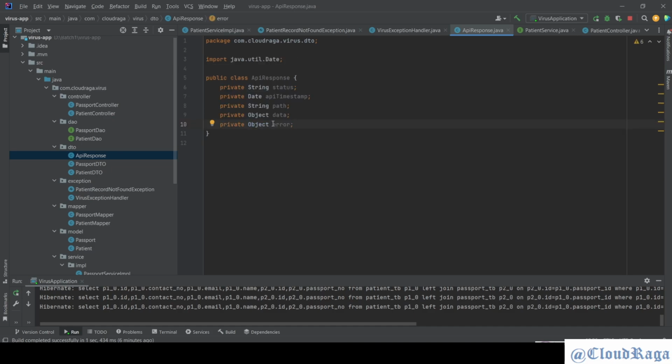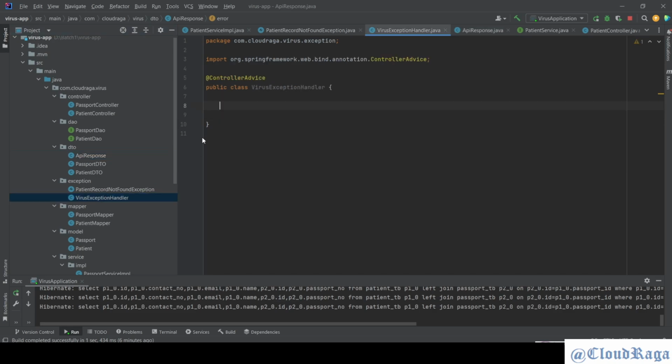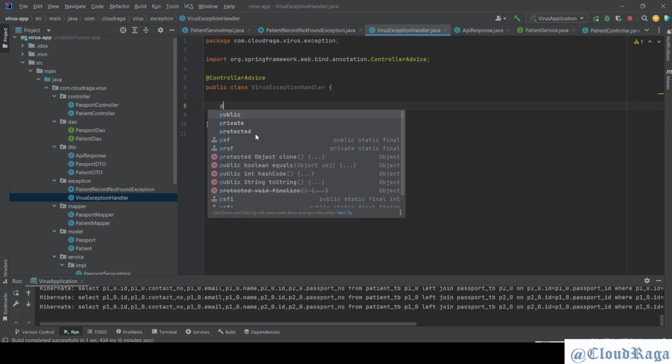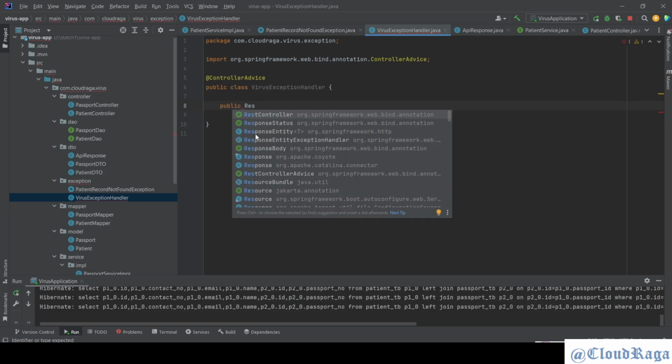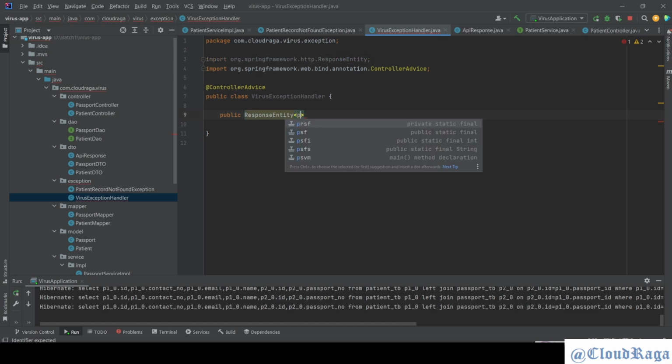Copied, pasted. Okay, class is ready. Now going back to this global class exception thing. I'll say public response entity. I don't need to explain it again. You guys are already aware of it. And here API response,